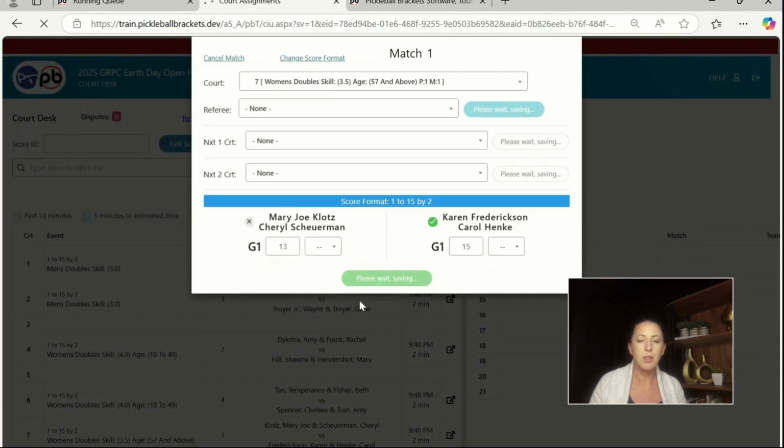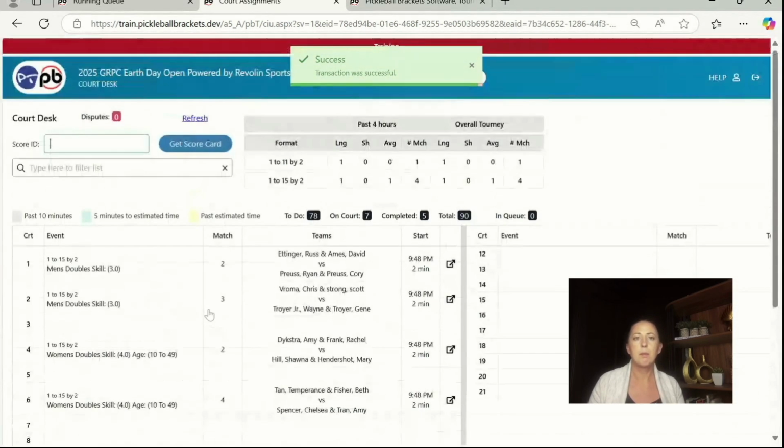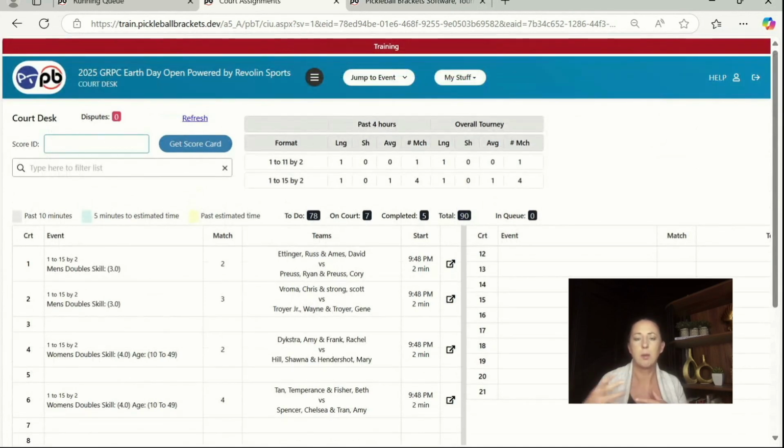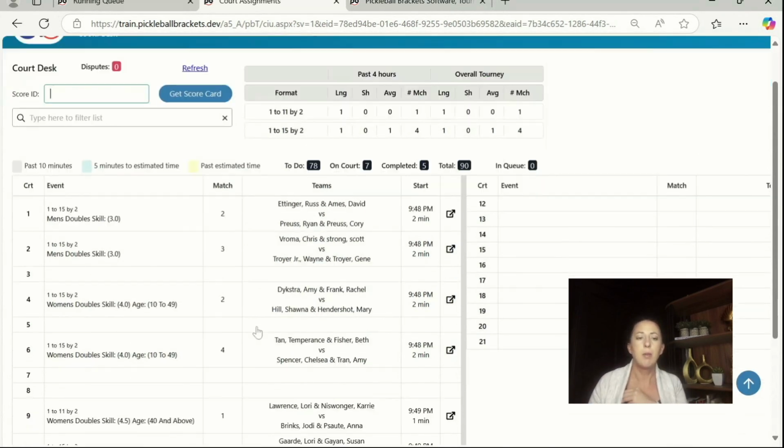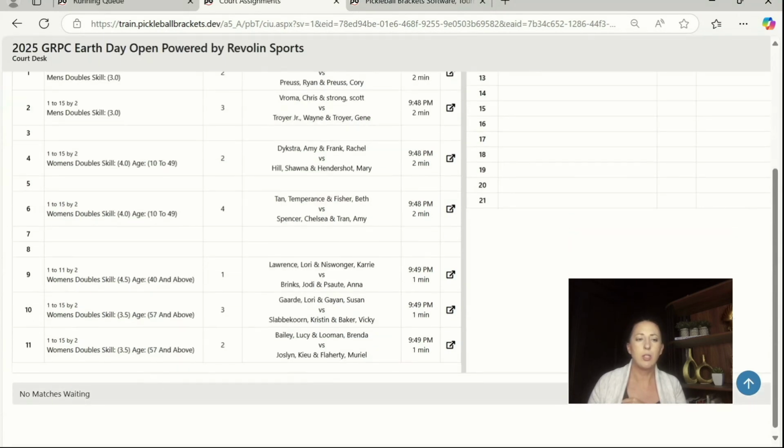putting whatever scores in. I don't have the next matches set to print automatically, but if they were, then it would go back down to waiting, right? So I need to have the print feature turned on, because the printing is what cues it up to go to the court desk. So basically that's all that it is: as your matches come in, they go to that drop-down menu, you select what match you want, you put it in the court desk on what court you want, and let the text